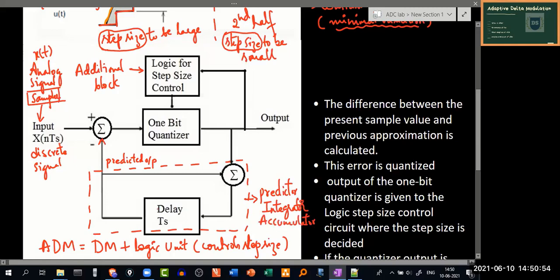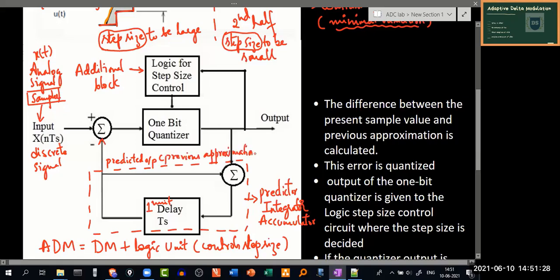Or I can also call it simply a unit that contains 1 unit delay. We can use any of these terminologies, but all of them depict the same thing. This predicted output is nothing but the previous output, or the previous approximation.